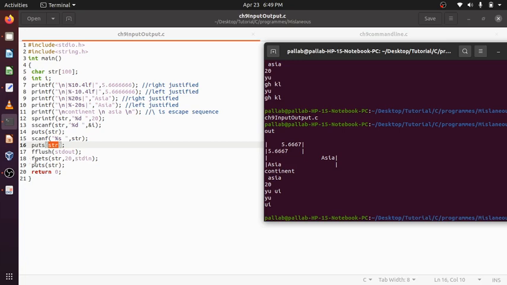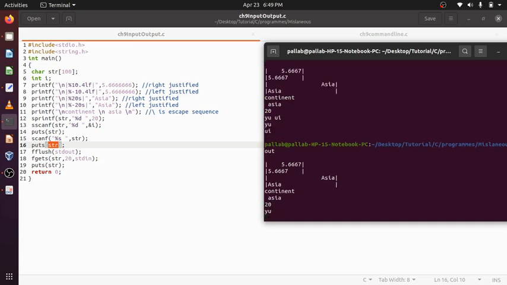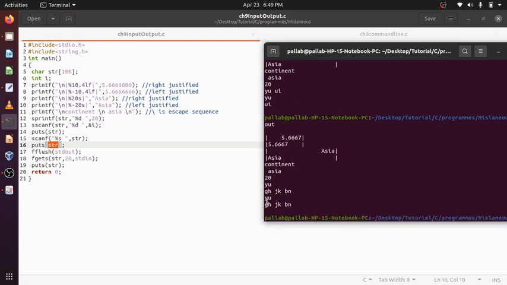But if I want to take multiple values together, what can I do? fgets. It will take multiple values. Then execute this program again like this. This will be taken by that scanf. Scanf will take this, but fgets took everything and output. Again this yu should have come before, after this yu, but I'm doing flush, but flush is not working here, so why this portion isn't working needs research.